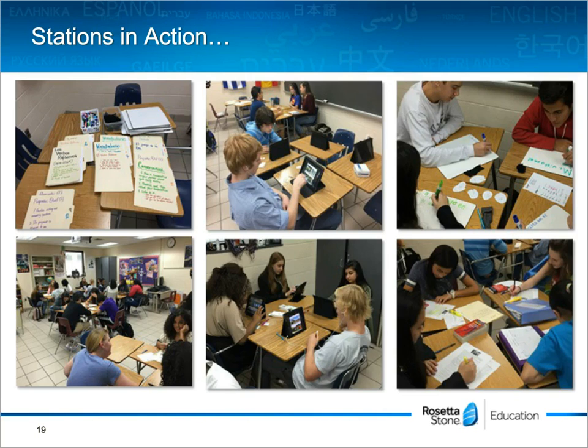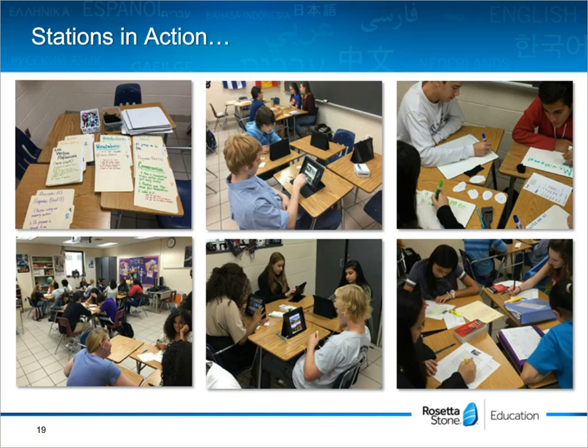I also have whiteboards and markers, erasers, all of the things that they need in order to work within that station. So if you look at the bottom under the pictures of the actual manila folders, you'll see the setup of my classroom. I like to put the students in groups of 3 or 4. 4 seems to be a pretty good number, because sometimes you can have them work in pairs. It's really important that you determine how you want to group your students.